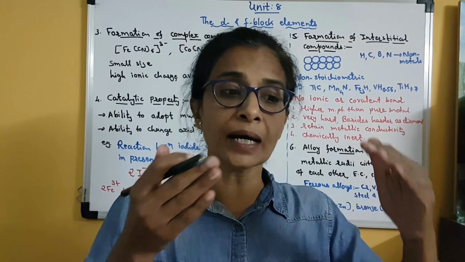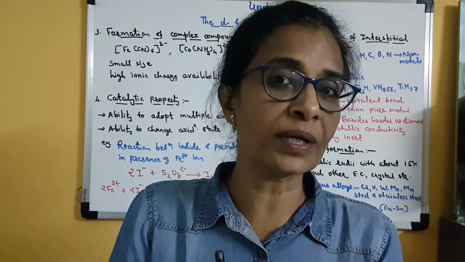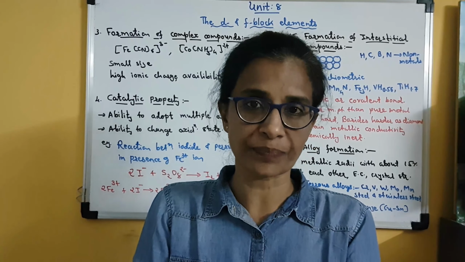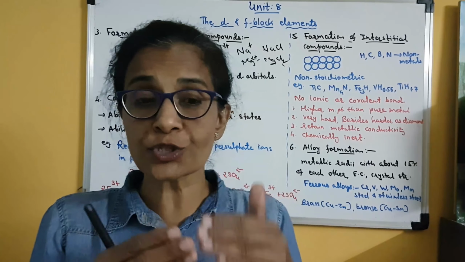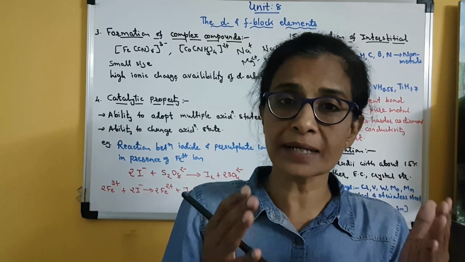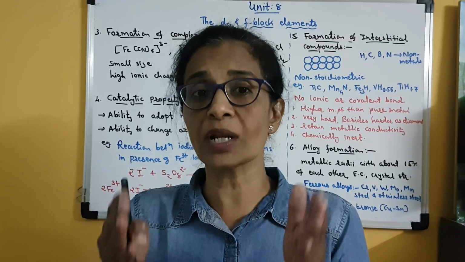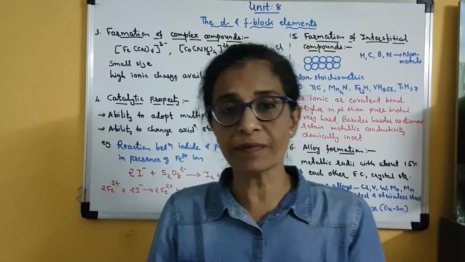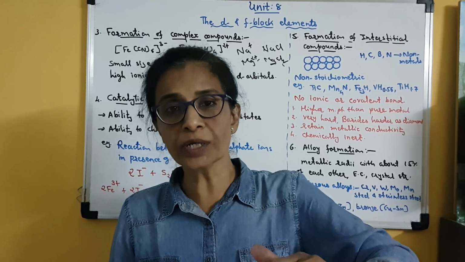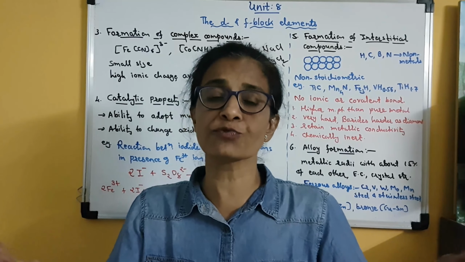Clear? When the reaction is carried out in the presence of a catalyst, then in the chapter of chemical kinetics we have studied that activation energy decreases. Clear? In order to complete the reaction fruitfully, the reactant molecules must have some minimum amount of kinetic energy, which is called activation energy. But in the presence of a catalyst, this activation energy decreases. That is why, with lower kinetic energy also, the reactant molecules can react successfully with each other.